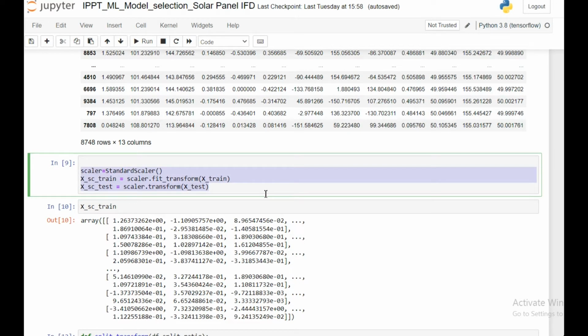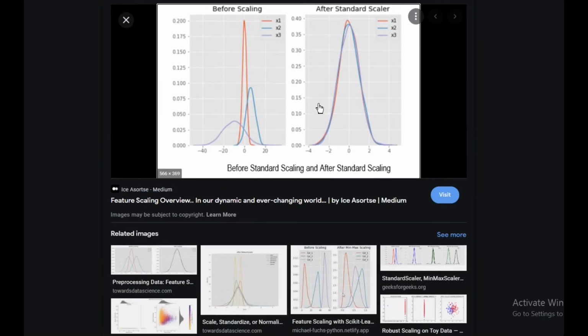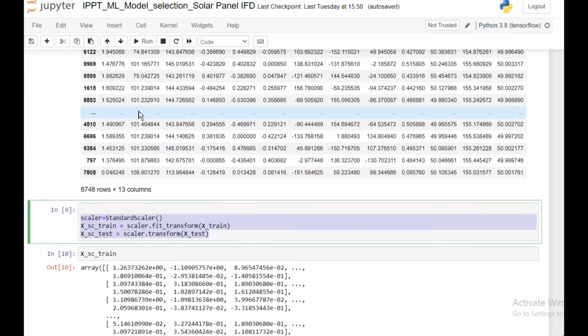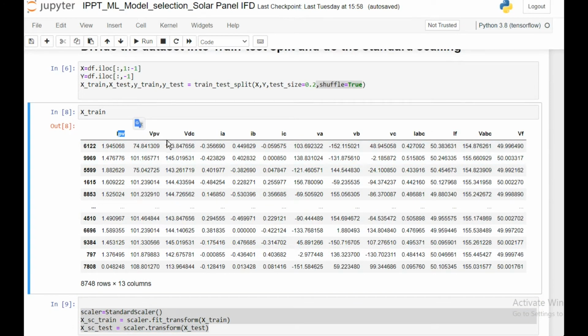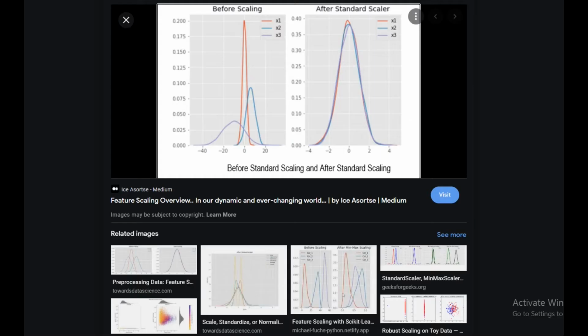And the reason I'm doing the standard scaling is I can show you here. As you can see, we have different features. Here x1, x2, and x3 are different features, just like here, IPV, PPV, these are my features. You can clearly see that IPV has a range of around 1 to 2, whereas PV has a range compared to 100, and all the features have different ranges, as you can see here as well. So initially x1, x2, x3 had very different ranges, but after doing the standard scaling, they become something like this